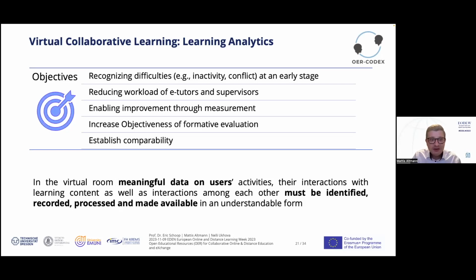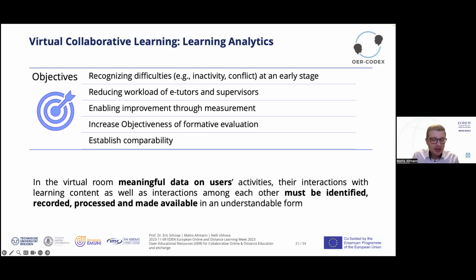This means that 30% of the evaluation is going to the team performance and to the individual performance of the student. So if you have a free rider doing nothing for the group work, he or she might not get so good a grade as the other peers. So for this case, formative evaluation is very good.